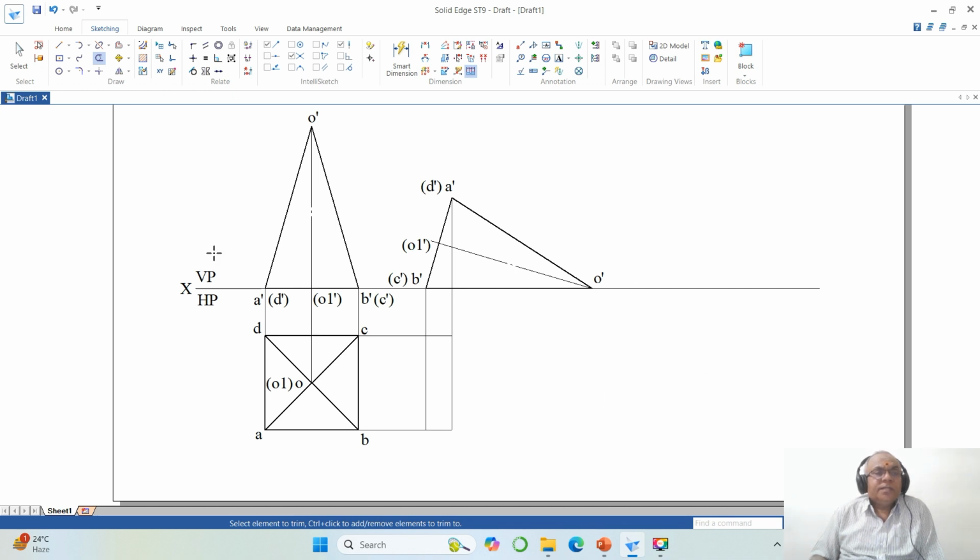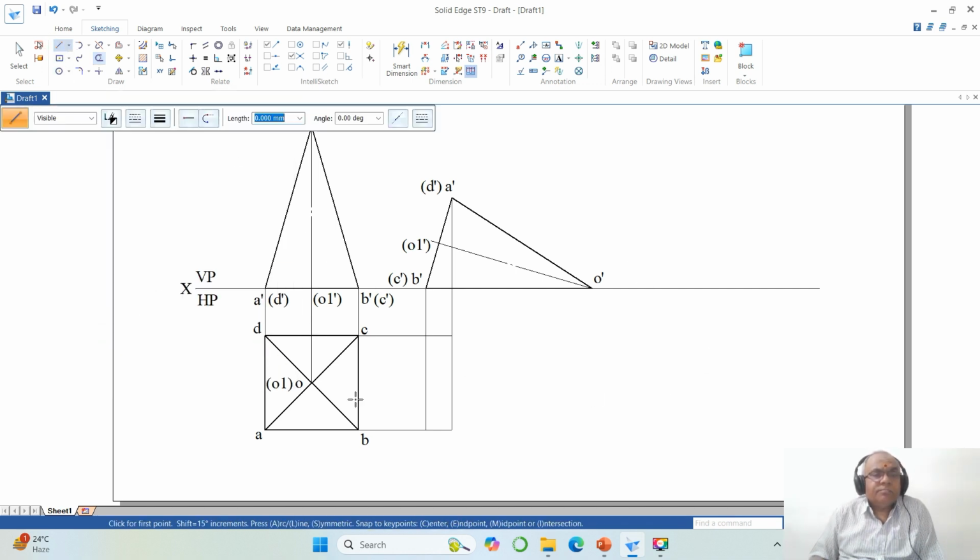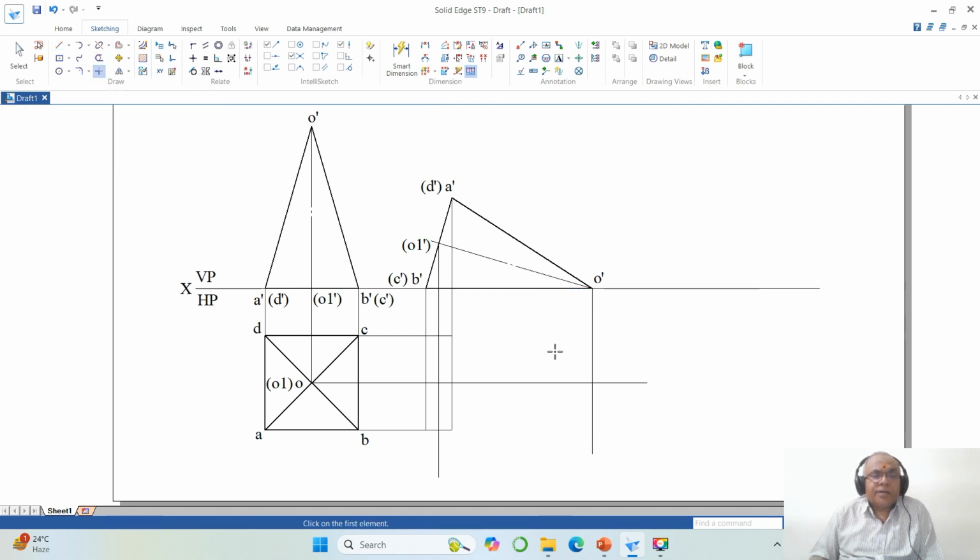Okay, then you go to line, take endpoint. Okay, then you take intersection, then you take this intersection, then you go to trim or trim corner. Okay,